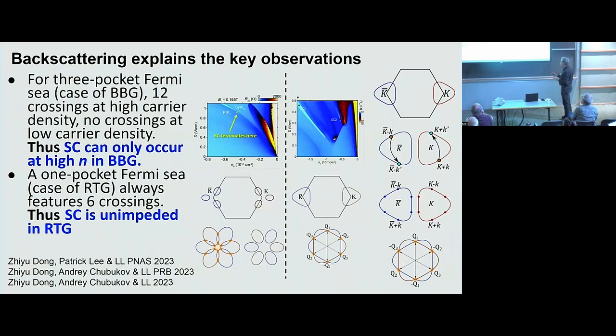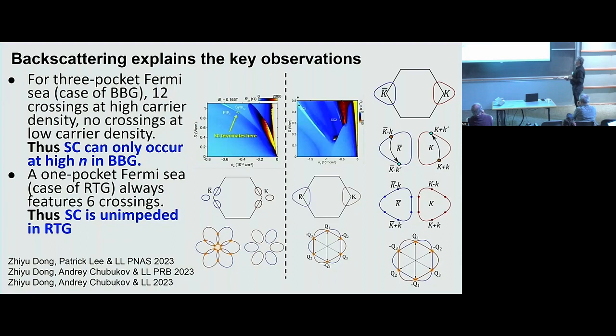the second case, the Fermi surface looks like three pockets, one in each valley, and then if you vary density, the topology of the Fermi surface changes. If you take this Fermi surface and that Fermi surface and overlay them, which you need to do to understand pairing, you see that crossings appear between pockets here and pockets here. I mean, they're not real crossings because these Fermi surfaces are far apart in k-space, but for superconductivity you need to bring them together, and then superconductivity will occur mainly on the Fermi surface